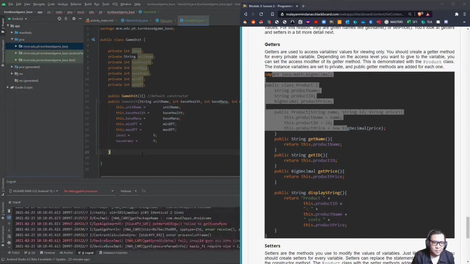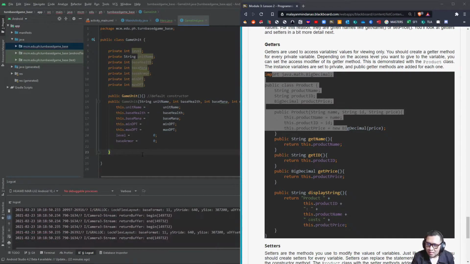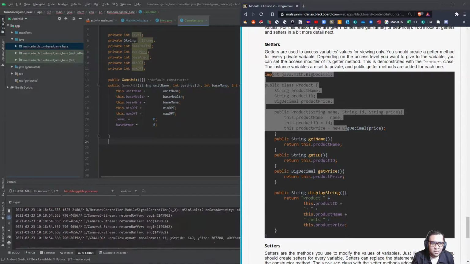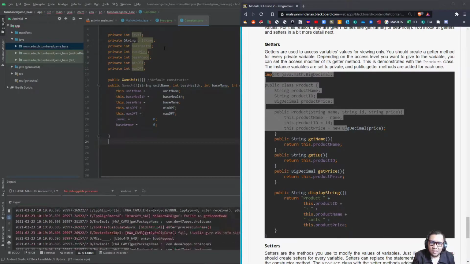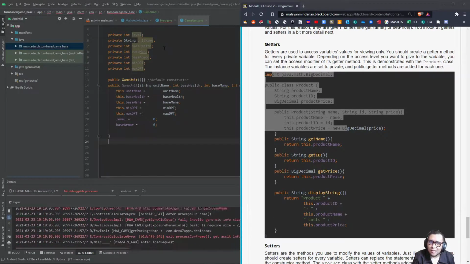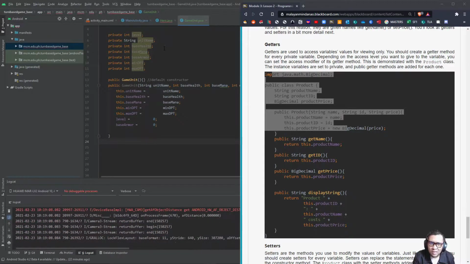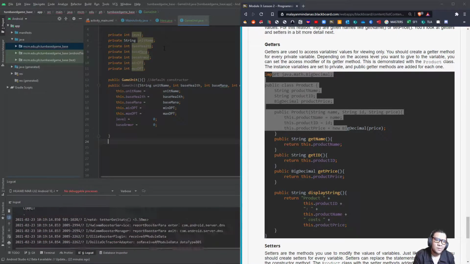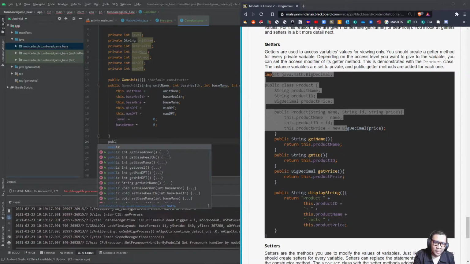So now we will be creating getters for the game unit class, for each of these variables here. Because we are not giving direct contact to the variables, it is safe to set the access modifier here to public. So we will start with public, then